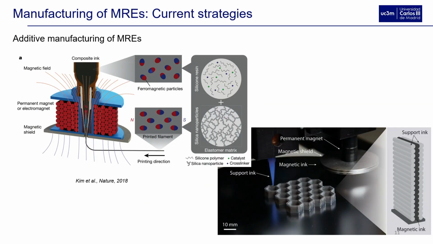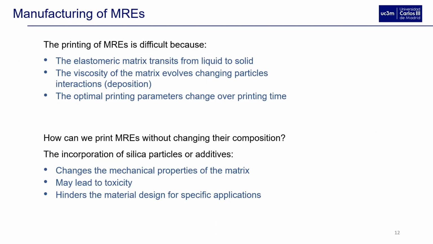So in terms of manufacturing of these MREs, there are some current strategies that are pretty amazing, but all consist of adding to the elastomeric matrix some silica nanoparticles or self-supporting additives that in our case may hinder the mechanical properties of the matrix, because if we modify the mechanical properties, we defeat the purpose of providing a system that recreates the stiffness of a soft tissue, of a brain, for example, no? And also may lead to cytotoxicity. So it seems that we need a methodology to